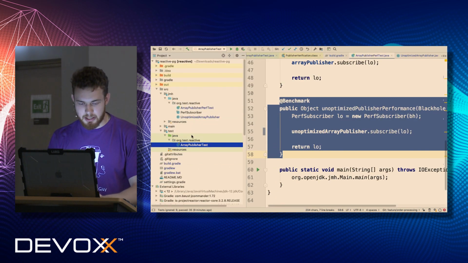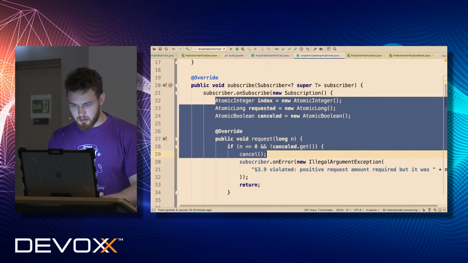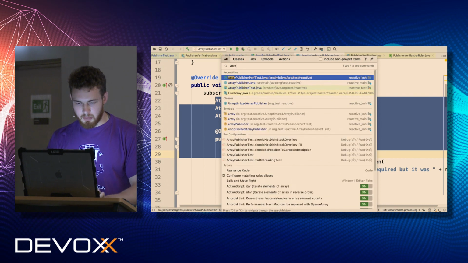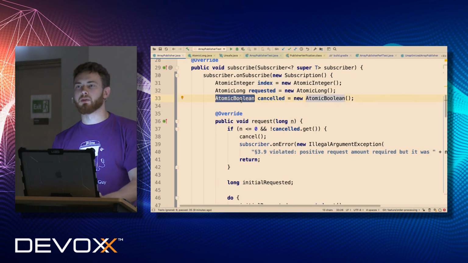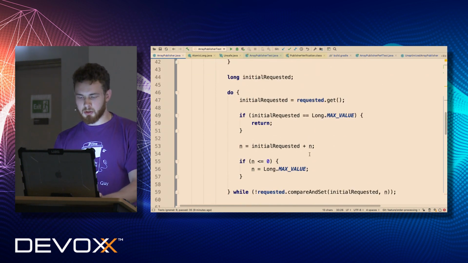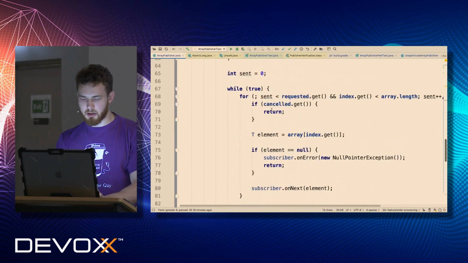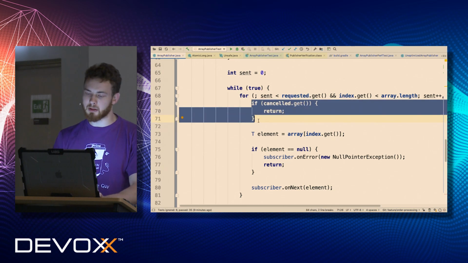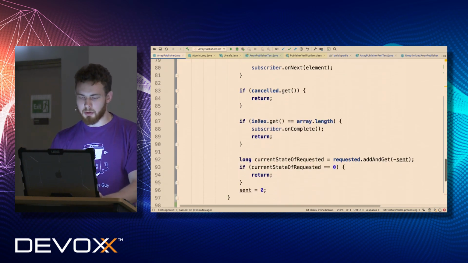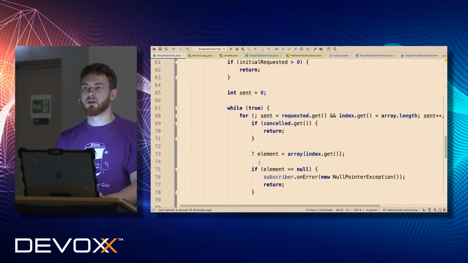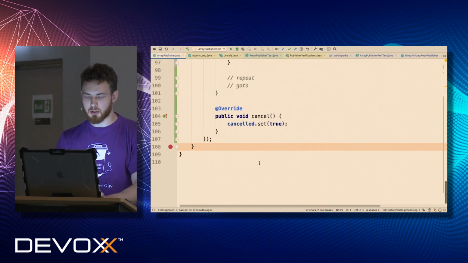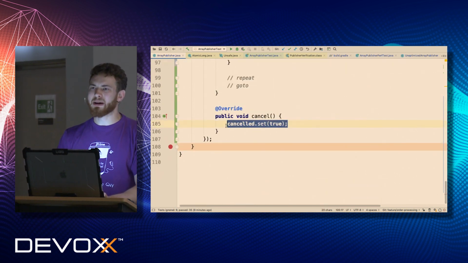Let's move forward, and let's try, as I say, to optimize something. ArrayPublisher, here we go. So, do we need an AtomicBoolean for the cancelled field? Let's take a look. We do just a few reads from this cancelled field here. So we read that cancelled is not true. Then we read that cancelled is not true again. And there is no other write to the cancelled field. So do we need atomic at all here? Because we have only one write here, and basically it could be just a plain write, right?